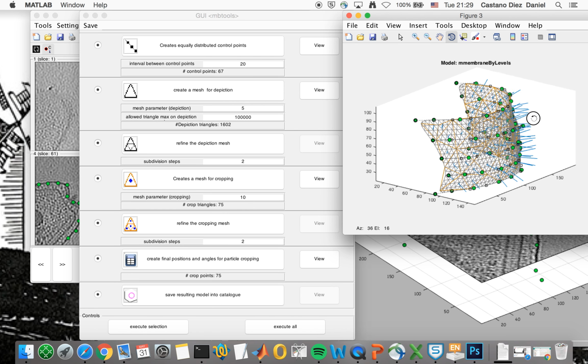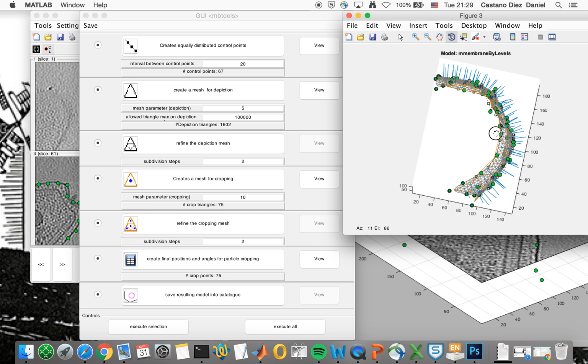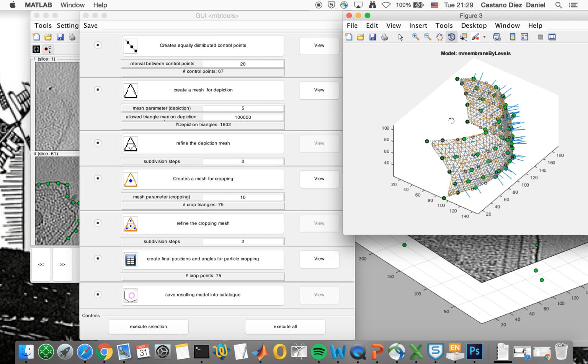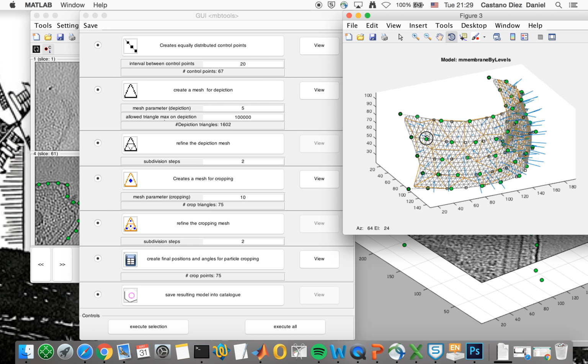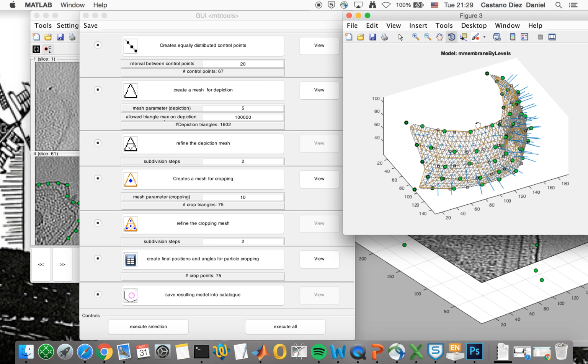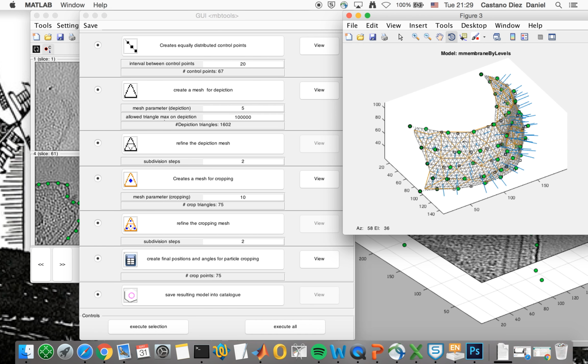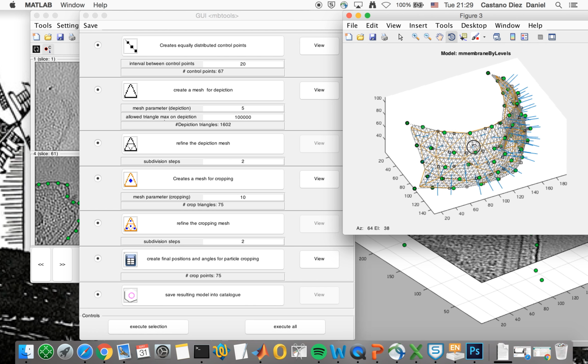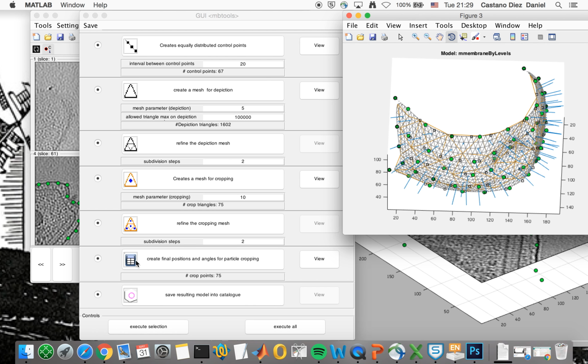So that you see, we just told Dynamo to start on the green points that we created, and step by step we define first a manifold, a surface that defines the membrane itself, smooth one, and then we create a cropping mesh where the particles are regularly distributed, and with this command, with the table, we told Dynamo to create an actual table, metadata. So let's see how it works. So save the resulting model into the catalog,